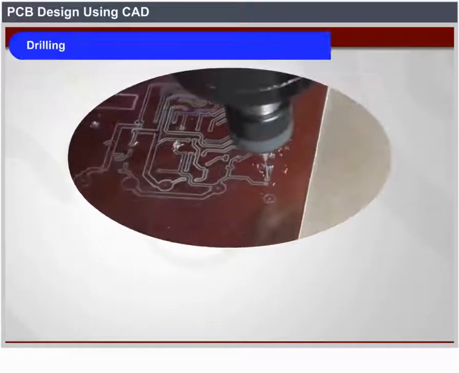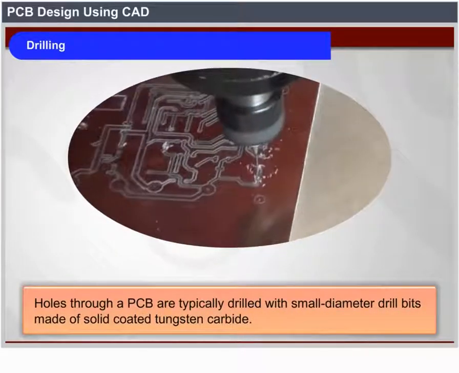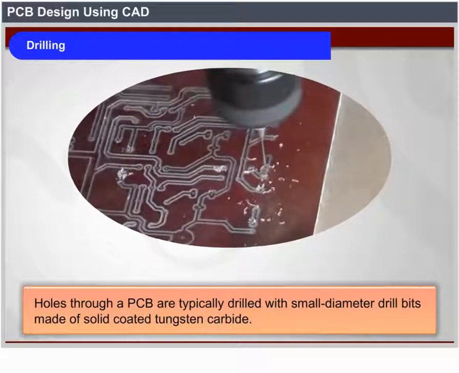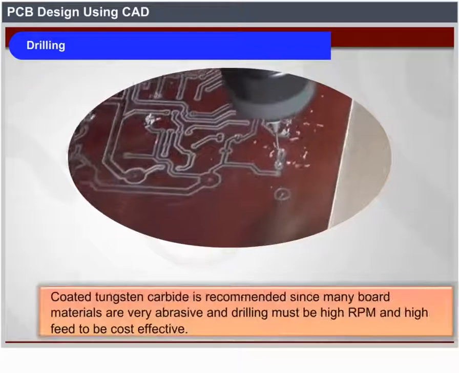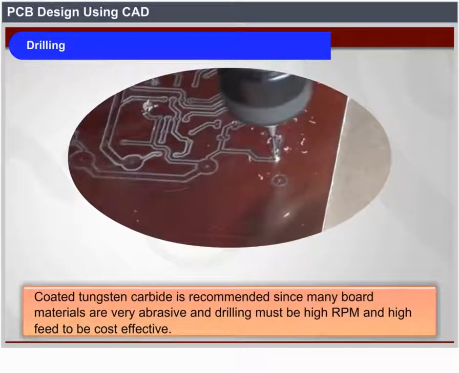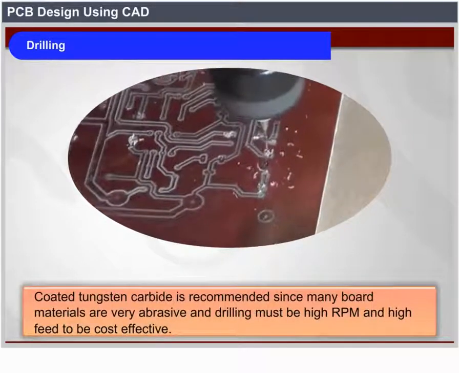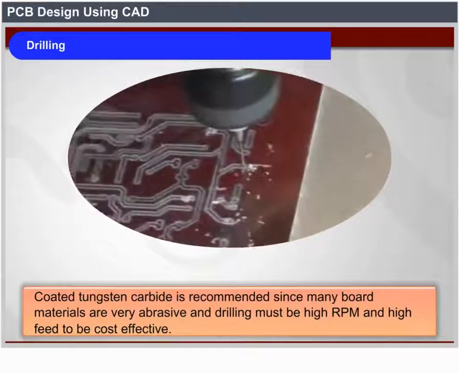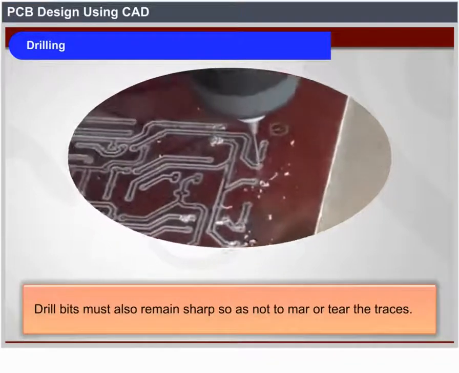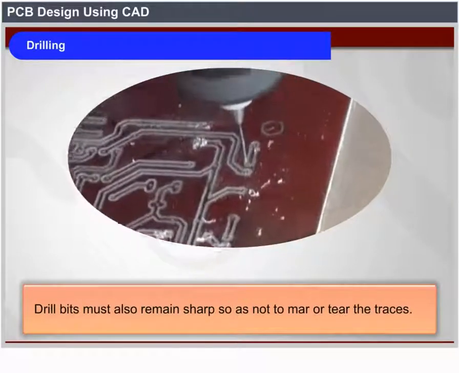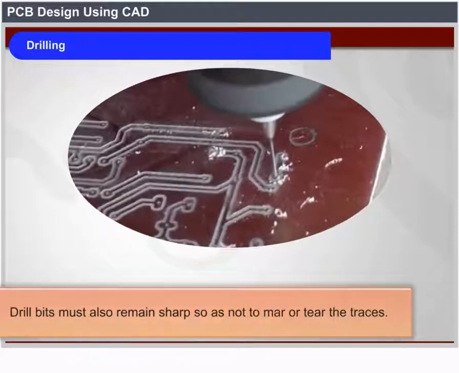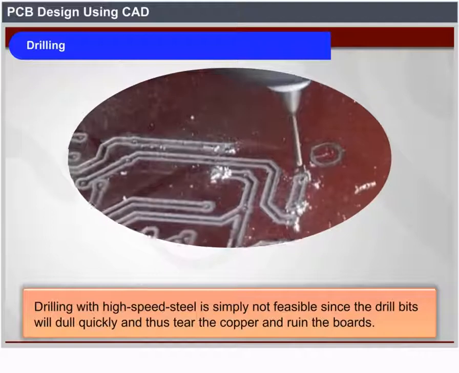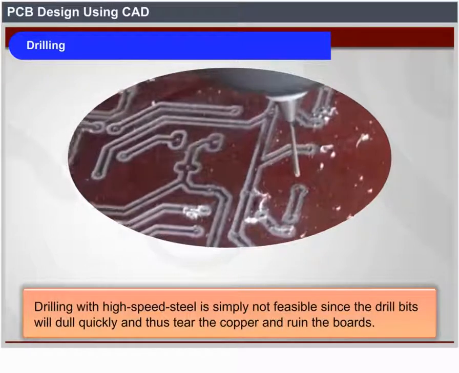Drilling. Holes through a PCB are typically drilled with small diameter drill bits made of solid coated tungsten carbide. Coated tungsten carbide is recommended since many board materials are very abrasive and drilling must be high RPM and high feed to be cost effective. Drill bits must also remain sharp so as not to mar or tear the traces. Drilling with high-speed steel is simply not feasible since the drill bits will dull quickly and thus tear the copper